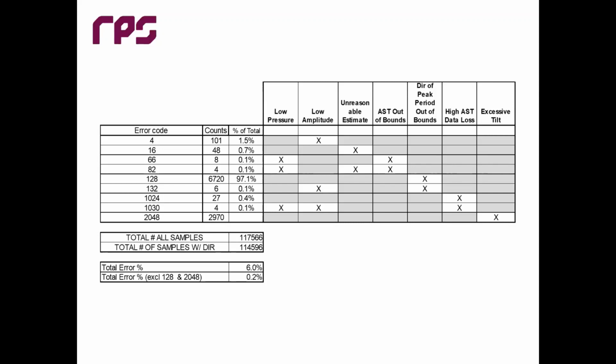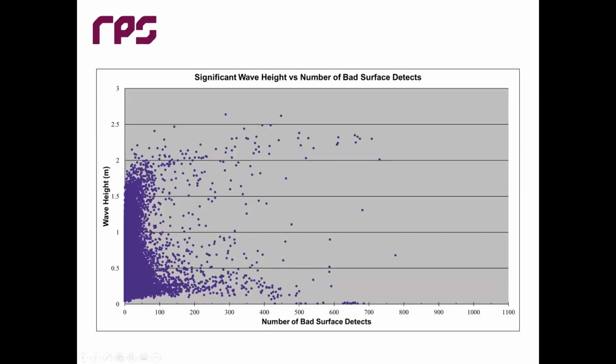So that's... we've been really happy with our experience with the analysis and getting really good data out of the instrument overall over this time period. So just another thing I'll highlight is that when that center beam is trying to measure the surface,